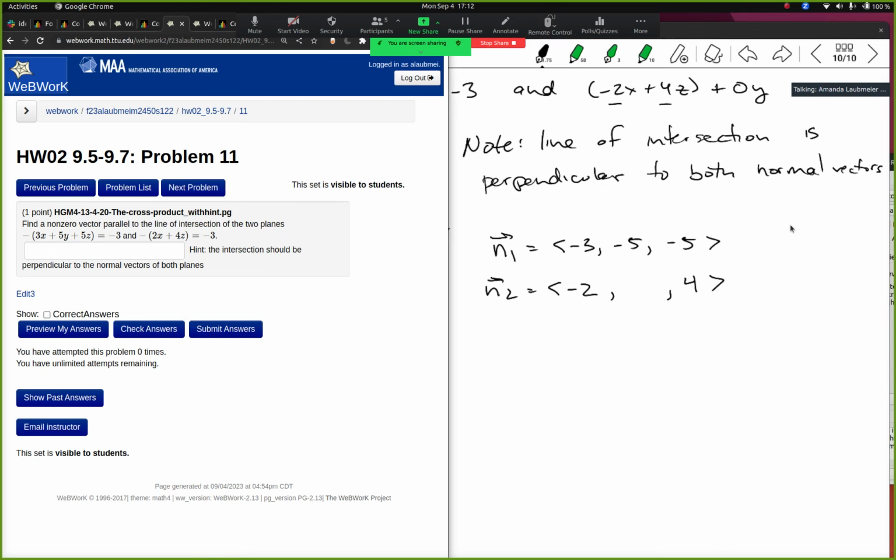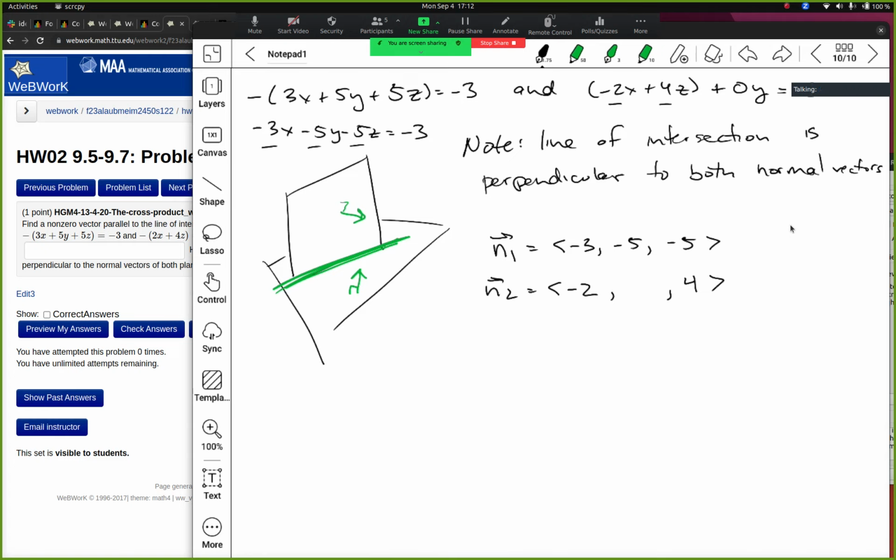And unfortunately, I've lost what it was equal to. And so that center entry is 0. And so that might have tripped people up. And then to finish this problem out, because we just want to find a vector that's going to go in the same direction as this line of intersection we've drawn, we have to remember from the first homework